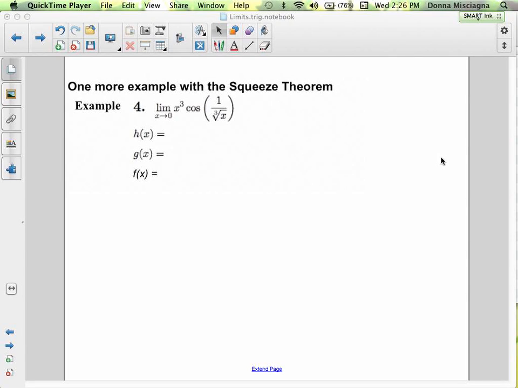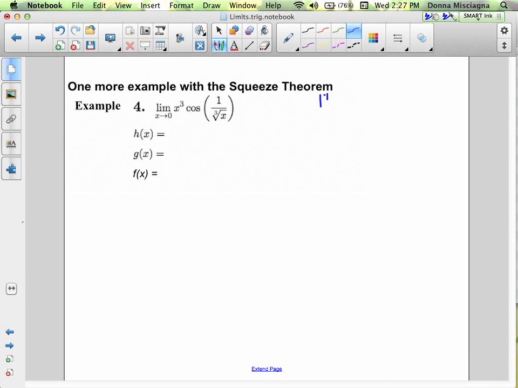Let's do two examples with the squeeze theorem. First of all, I'm going to give you a little hint. The first one's in your notes, the second one's not, but I suggest you add it to your notes. So here's my big hint, and you probably should put this in your notes too. My hint is,